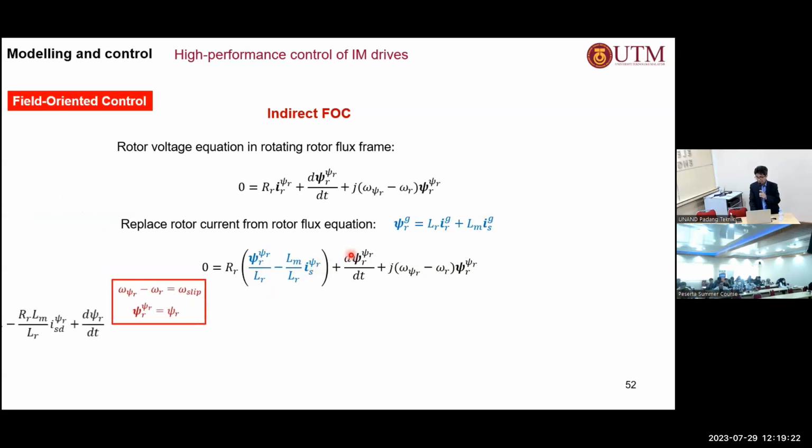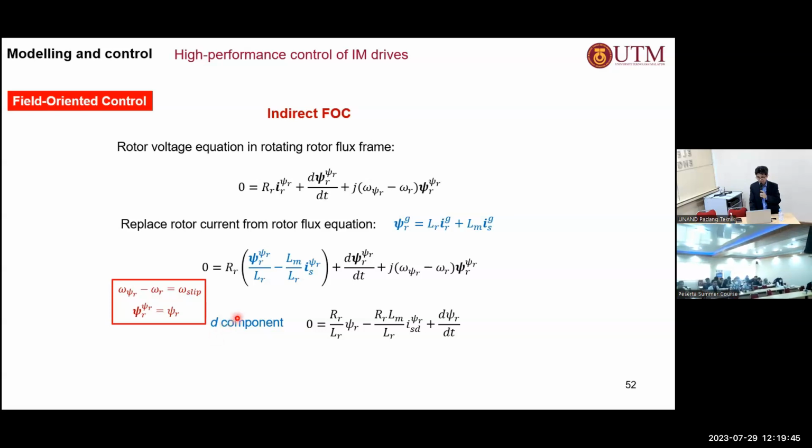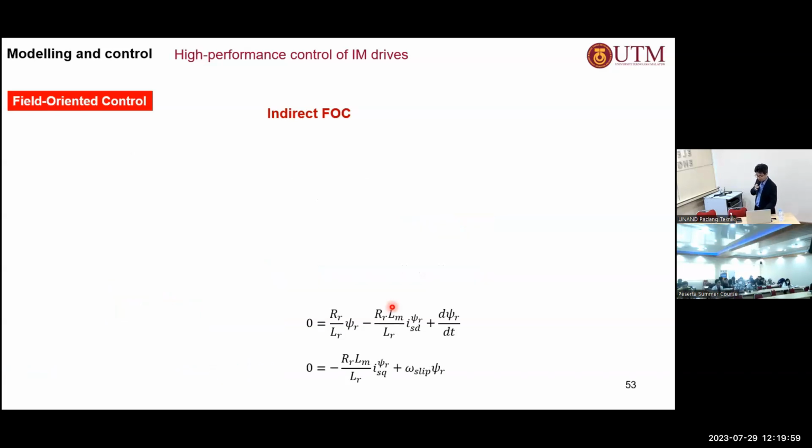And then in the reference frame, which is attached to the rotor, you can see that the difference between the speed there is simply a slip frequency, okay? Because the rotor is rotating at a synchronous frequency. This is the speed of the rotor. So the difference between that is a slip. And the magnitude of the rotor flux in the rotating reference frame just equals the d-axis of the rotor flux, okay? There is no q-axis, which means that you can separate the d and the q components of these equations, and then you can implement that